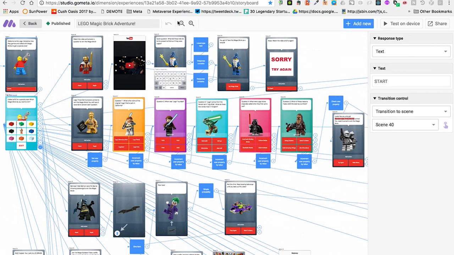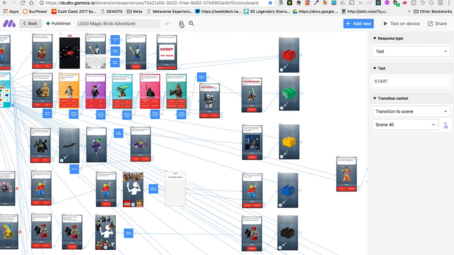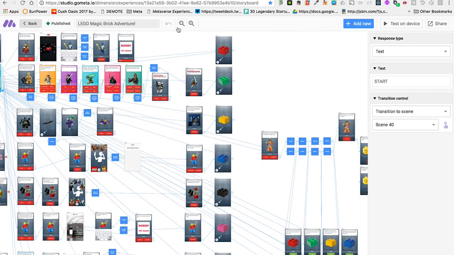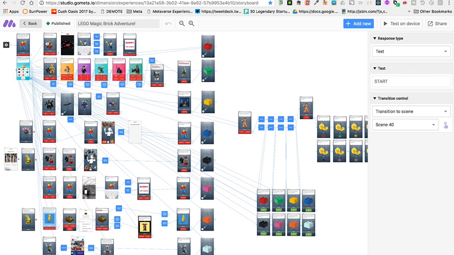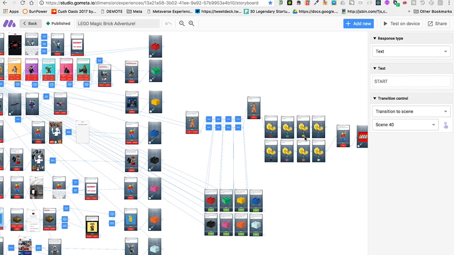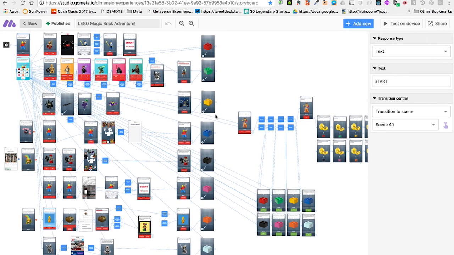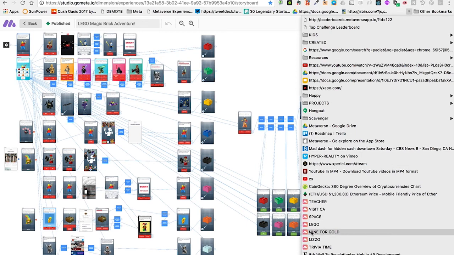Blocks can be chained, so you can go block to block. And so these were collect all 8 magic bricks. So each one of these rows is basically a mini game to collect all 8. Once you've done that, there's this basically checking that you indeed did it, you collected all of them, and then potentially win a prize. And so this was created in about an hour and a half by a completely non-technical person. I watched them do it.